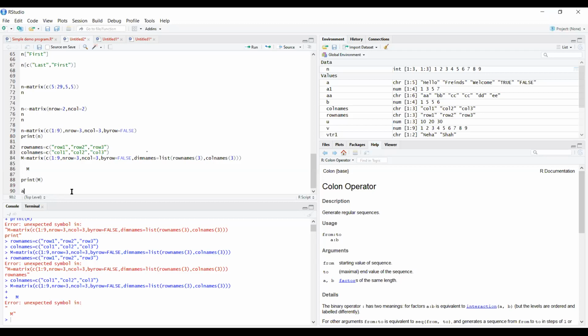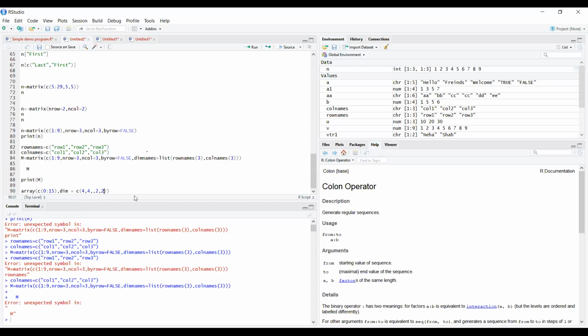The syntax for array is array in the bracket, which contains the data, dim and dimnames. So if you have c, 0 ranging from 15, then dim equals c(4, 4, 2, 2).